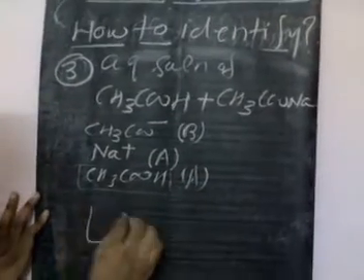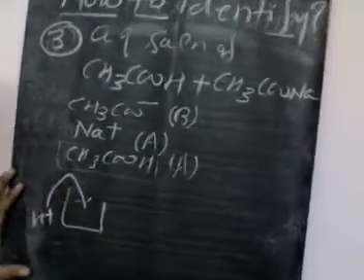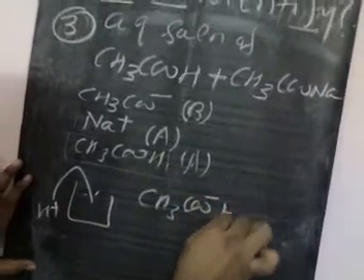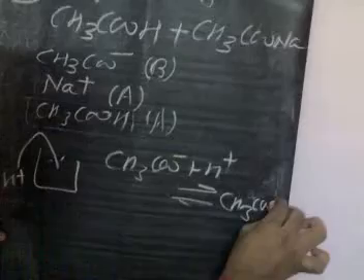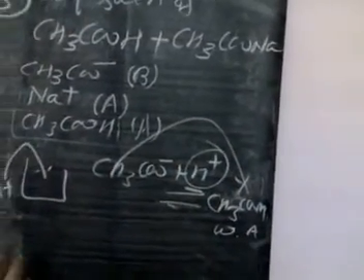So when we put a small amount of H plus in this solution, the present base will consume this H plus: CH3COO minus plus H plus, and the product we get is CH3COOH, which is a weak electrolyte. That's why the reaction lies mostly in the forward direction. So we can say H plus is consumed.